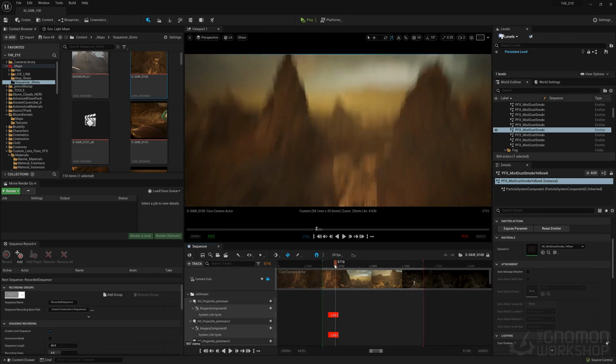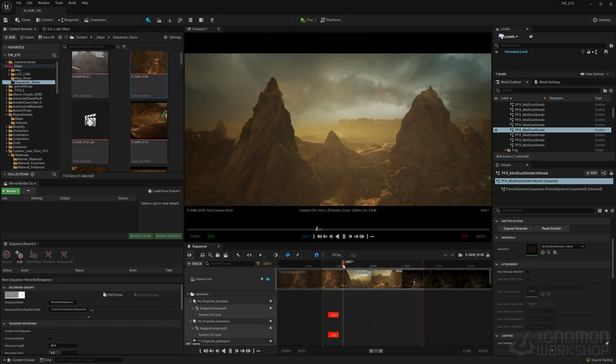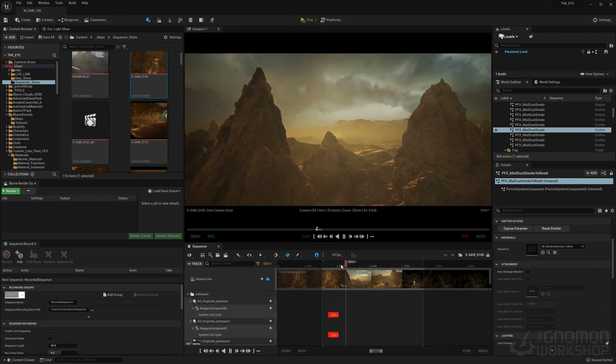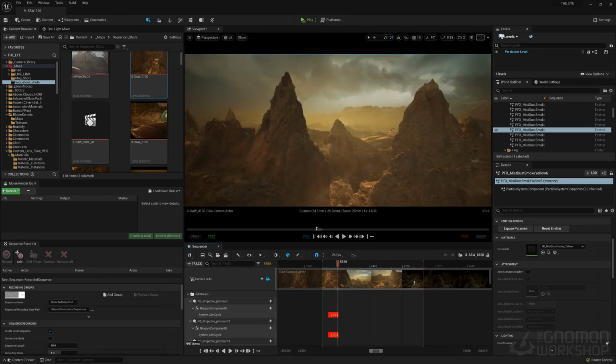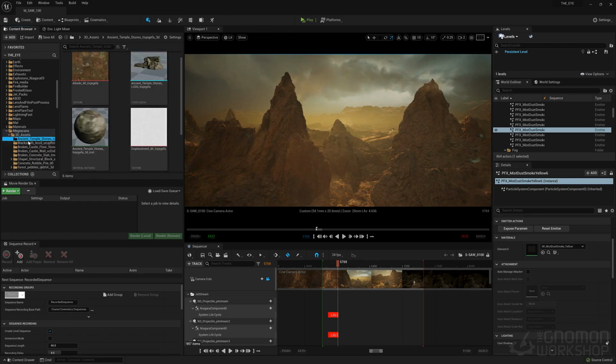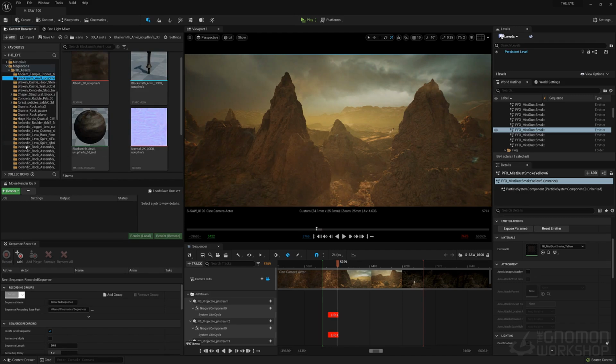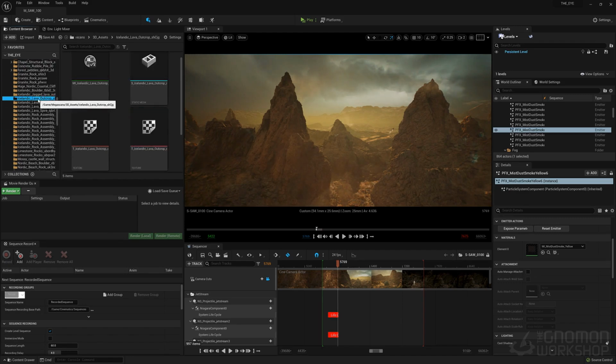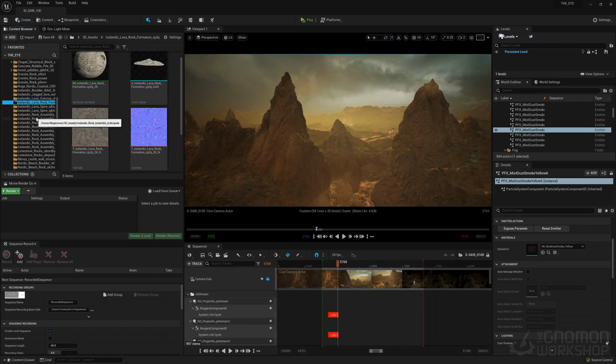Looking at that reference from Prometheus, we're not going to exactly copy it. It's a means of getting an idea, mood, feeling, lighting, and how I want the landscape to be broken up, by having these jagged cliffs. They didn't really have that in Prometheus, but I felt like I wanted to create my own world. So that's the fun of designing in Unreal, you can use an idea or reference, and then what I'm showing you here is